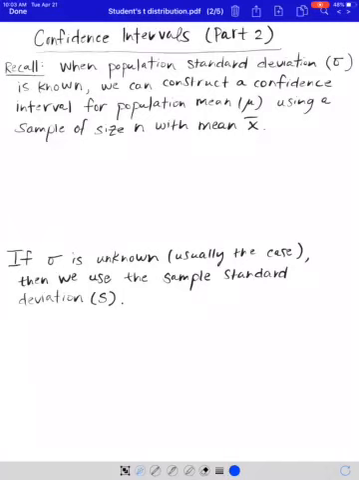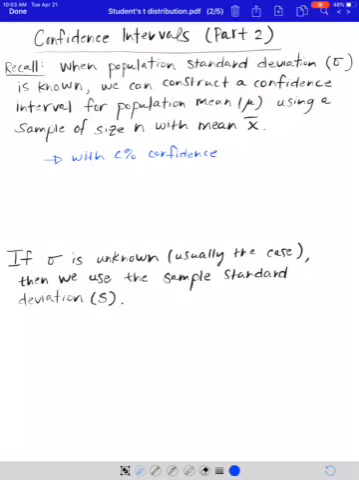Today we're going to continue our discussion of confidence intervals. Last time we saw that when the population standard deviation sigma is known, then we can construct a confidence interval for our population mean mu, and we do this using a sample of size n with mean x bar. And what we say is that with C% confidence, so C is our confidence level, which is usually given